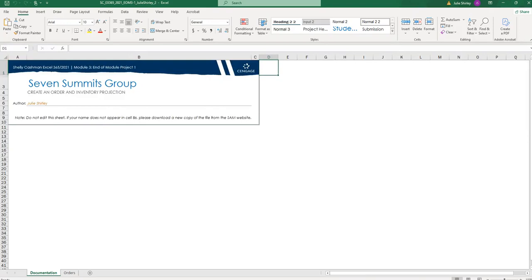Project step number 1. Eugene Park is a senior consultant for the 7 Summits Group, a consulting firm in Denver, Colorado. He is working with Hardy Fit Tools, a manufacturer of hand tools, to improve their business operations. He has created a workbook projecting the company's orders and inventory, and asks for your help in completing and formatting the projections. So first thing we're going to do is we're going to go down here